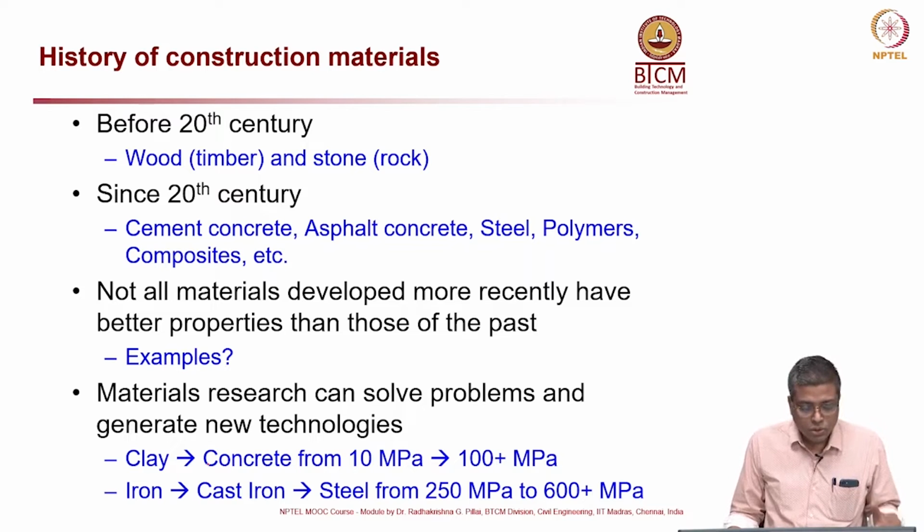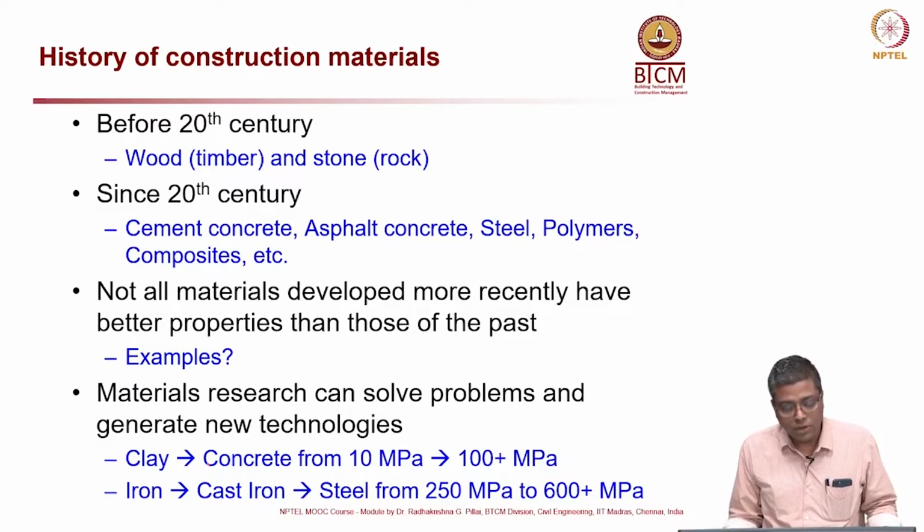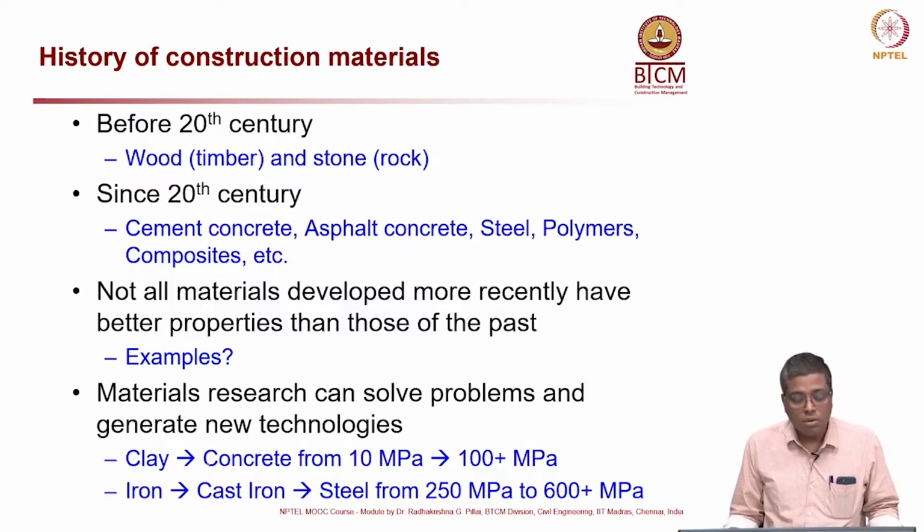Now, from the 20th century onwards, we have started using cement concrete, asphalt concrete, steel, polymers, composites, glass, and various types of materials in today's construction. One question which comes up is whether all these materials are better than the ones in the past. Maybe not always. There could be some properties which we enhance, but some other properties might not be enhanced,